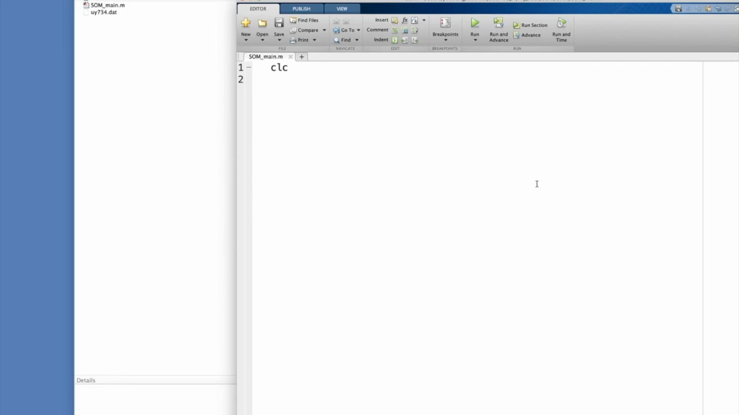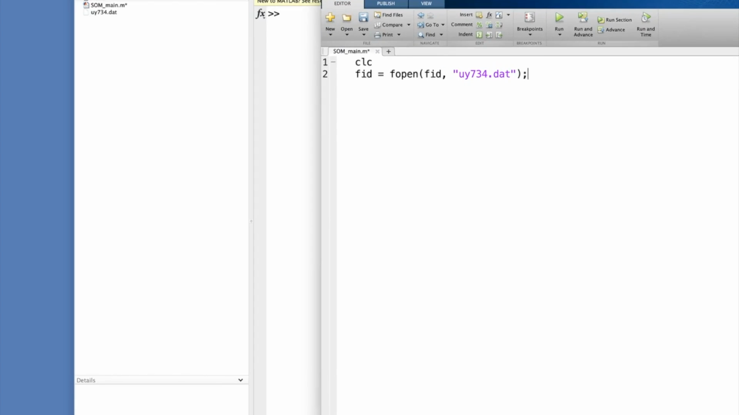So here's what we do: we type in fid equal to fopen, then uy734.dat. The meaning of this line is you want to find the file. The file name is uy734.dat, and you give the file into a pointer. The pointer is the fid. So if you run the code,